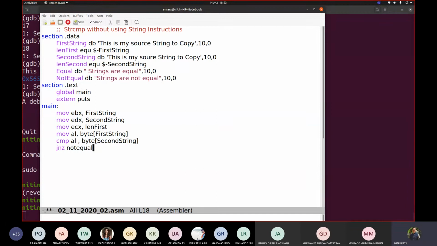If they are equal, then increment the first string. Sorry, we could have used EBX here without the first string, and the register we took, EDX. We cannot increment the address, so we will write increment EBX, increment EDX. Correct.